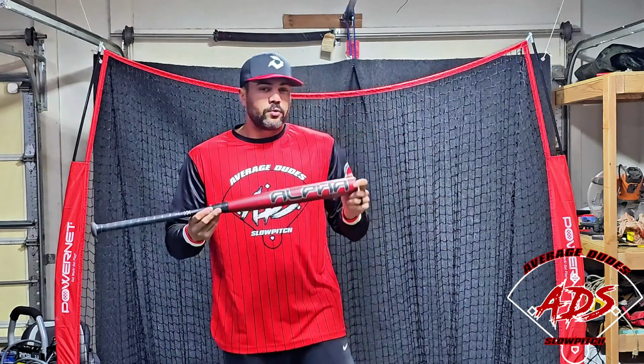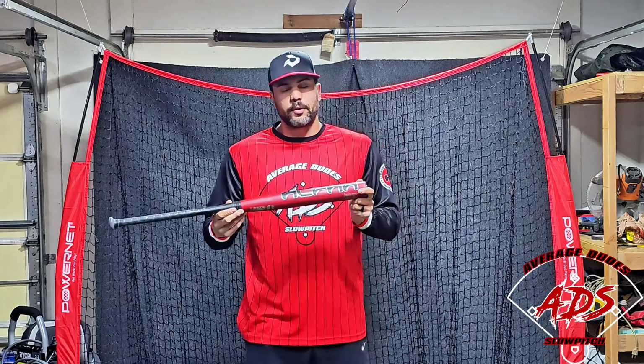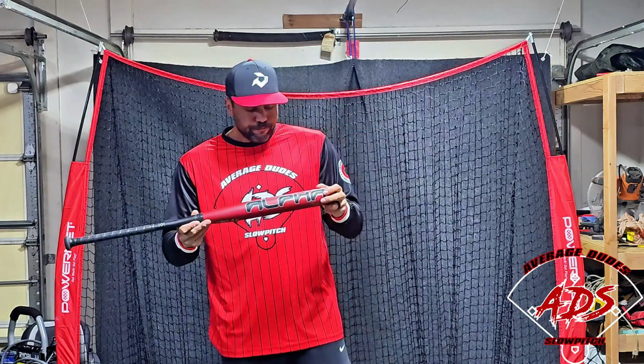In all honesty though, this reminded me almost exactly of the previous loaded model of the Easton Tantrums. Felt pretty similar, webbed up pretty quickly. The compression on this one did start a little bit higher than we were seeing with some of the Tantrums. We were right around 260 to start there. However, as you saw there at the end, the compression still came down on it relatively quickly. We were right around, if I remember correctly, 220, if not just under 220 here on this one, which isn't